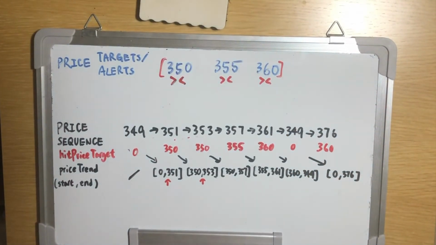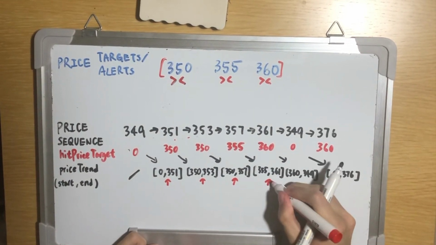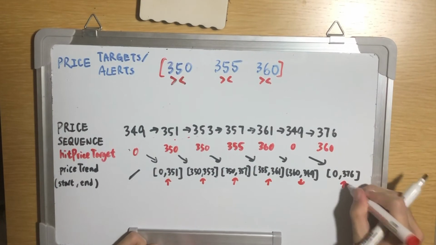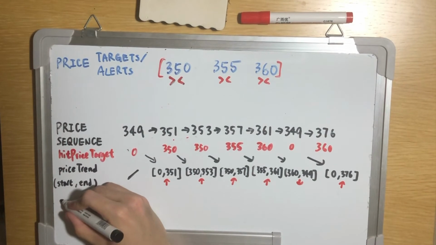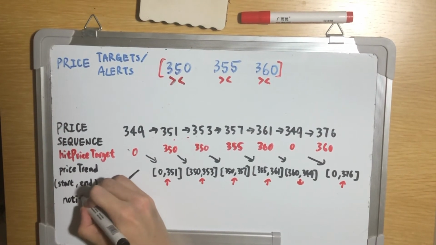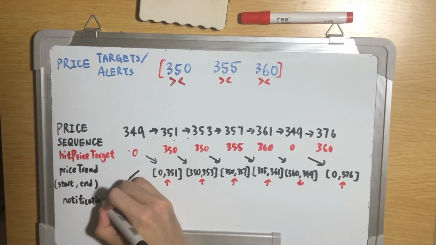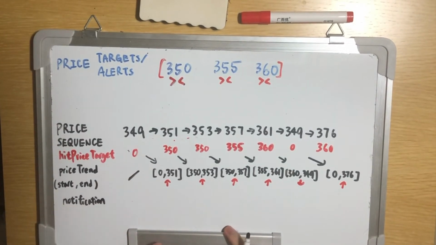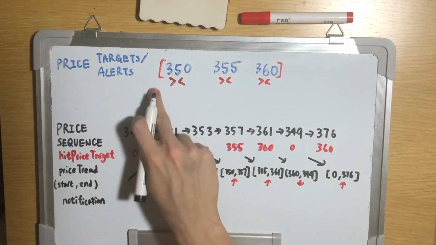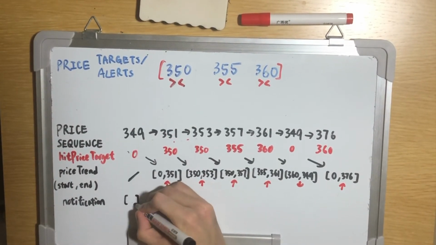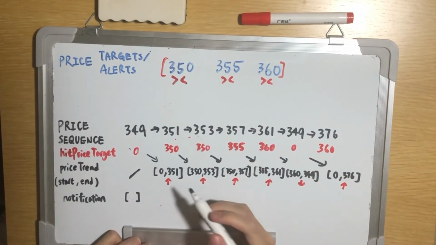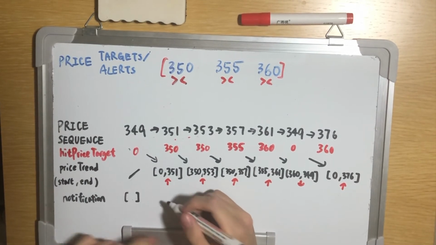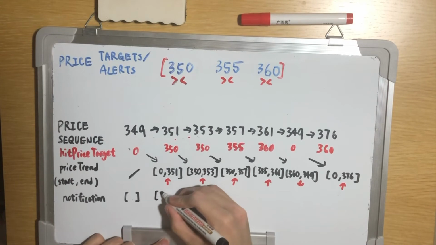Okay, so this will be increasing, decreasing, and increasing. We then set up another list called notification. For the first one, it doesn't have any notification that we need because it's out of range of the price targets, so it is an empty list. We then check this price trend range and seek the price targets that are within this range. So that will be 350,